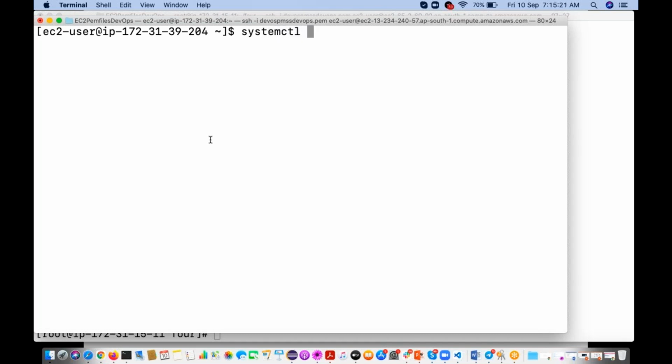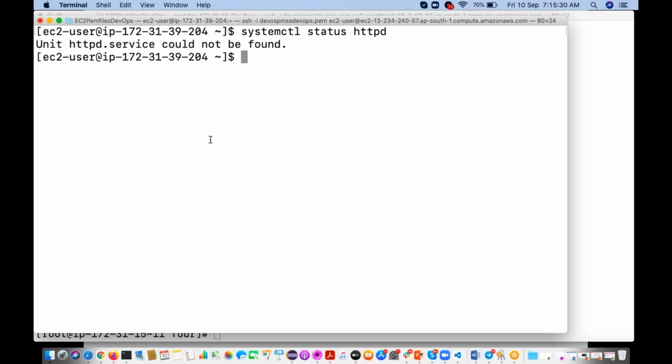Systemctl status, the service name httpd. Maybe we'll log in with the root user. It should be there.